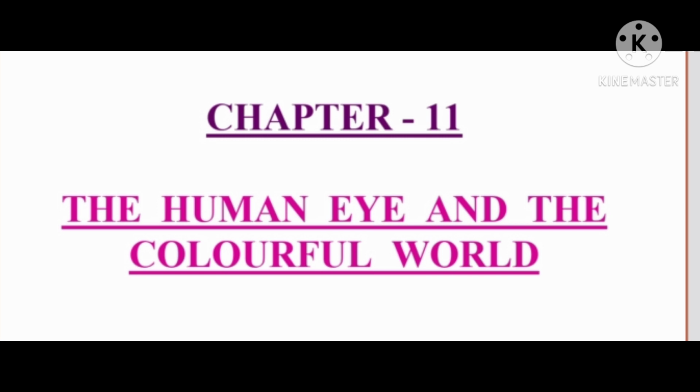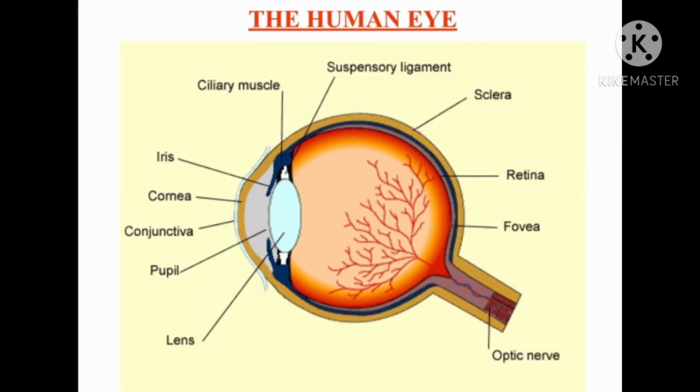The human eye uses light and enables us to see things around us. It has a lens in its structure. What is the function of the lens in the human eye? How these lenses are used in spectacles to correct the defects of vision, we are going to discuss in detail in this chapter. So our first topic of the chapter is human eye.